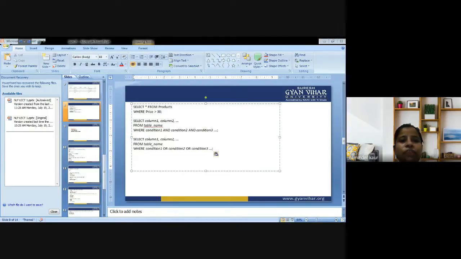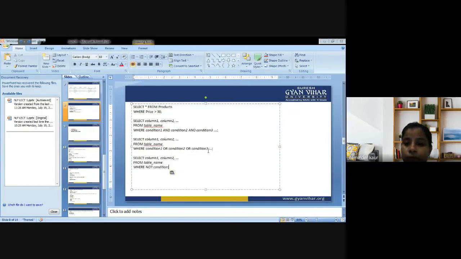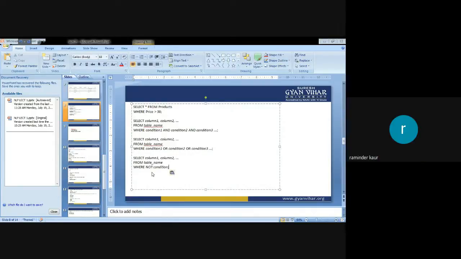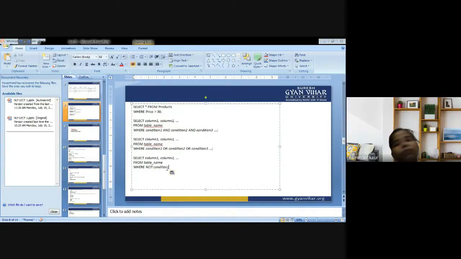And in addition, we are supposed to deal with the NOT syntax. So select column number 1, column number 2 from table name where not condition, meaning to say the condition is not true. So we are supposed to deal with the queries here.